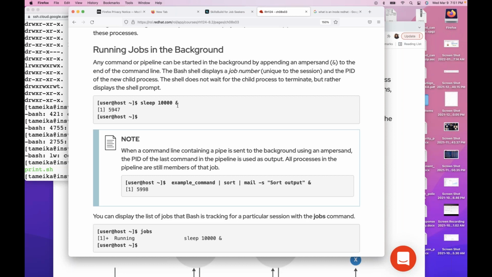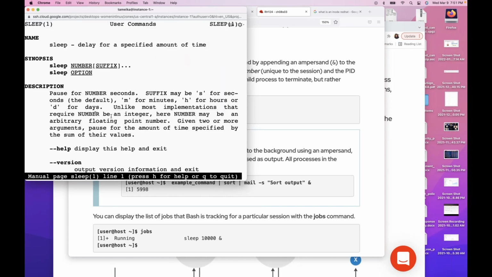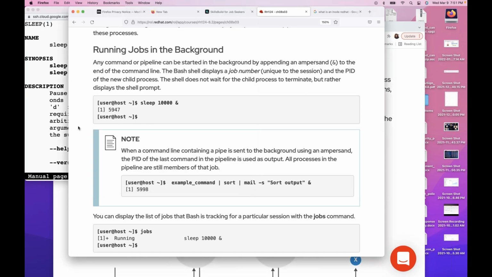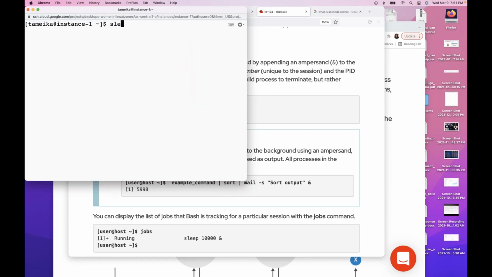So sleep 1,000, what do you think that's going to do? I mean 10,000, and you need to go do a man on sleep, right? A delay of an amount of time calls for the number of seconds, so 10,000 seconds. So we're going to do sleep 30 ampersand. Again, we're pushing it into the background when we do the ampersand, right? And then we're going to use